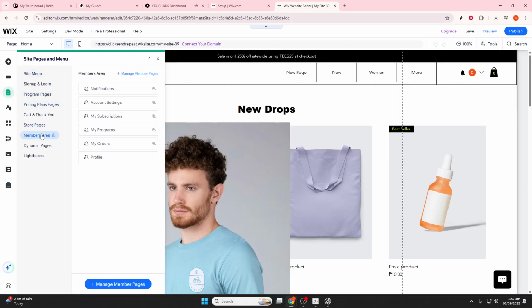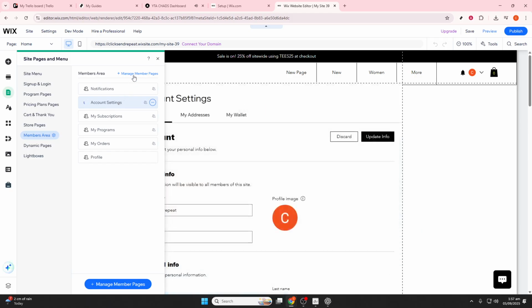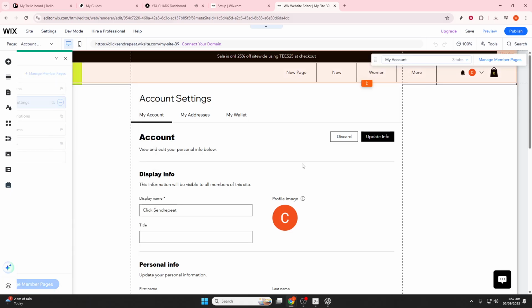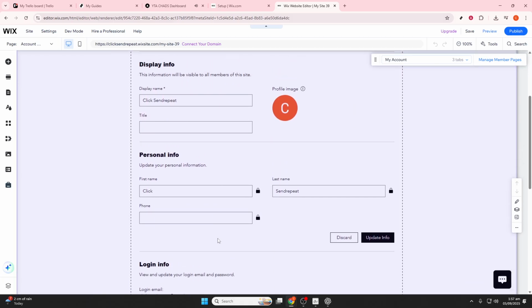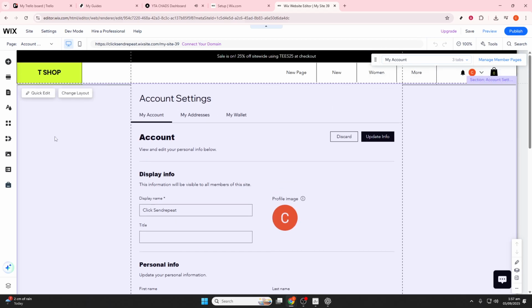By clicking Add to Site, you'll automatically create a Members area complete with login and sign-up pages alongside a member profile page. Be sure to customize your sign-up form to capture essential member information, such as their name, email, and specific preferences. Now, to support your subscription service, navigate to the Wix dashboard and look for Customer Management, then choose